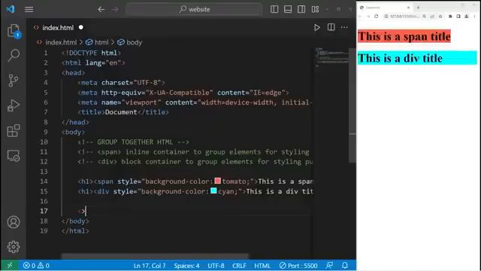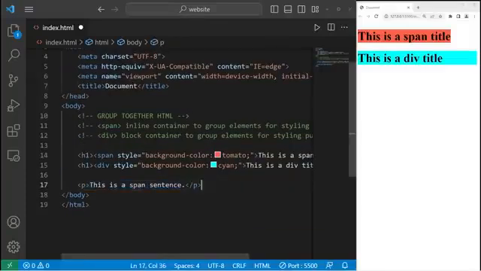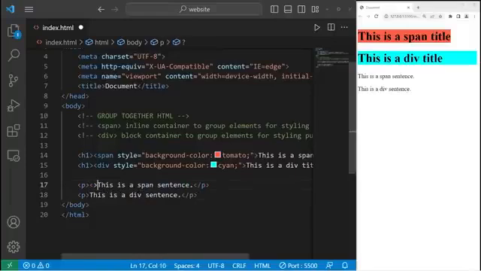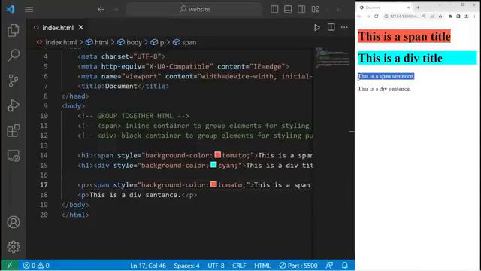Let's create a pair of paragraph tags. This is a span sentence. Then close it. Let's copy this paragraph, paste it again, then change the second sentence to div. All right, let's enclose our first sentence with a pair of span tags. All right, I will set the style to be red. Well, tomato color technically. It's kind of like we're highlighting the text, much like the mark tags in the last